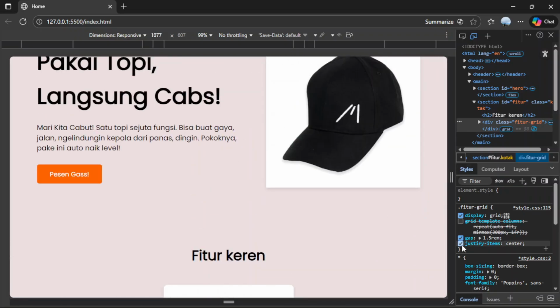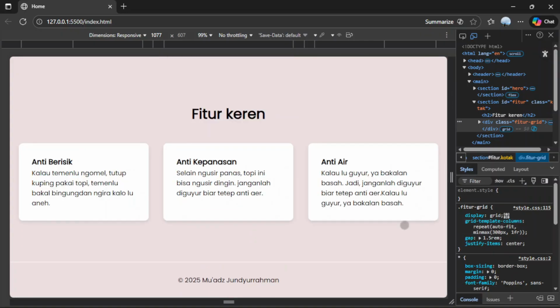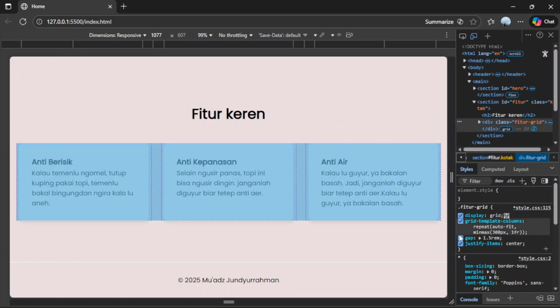If we don't use justify item, it will be like this, right? So it's very important.